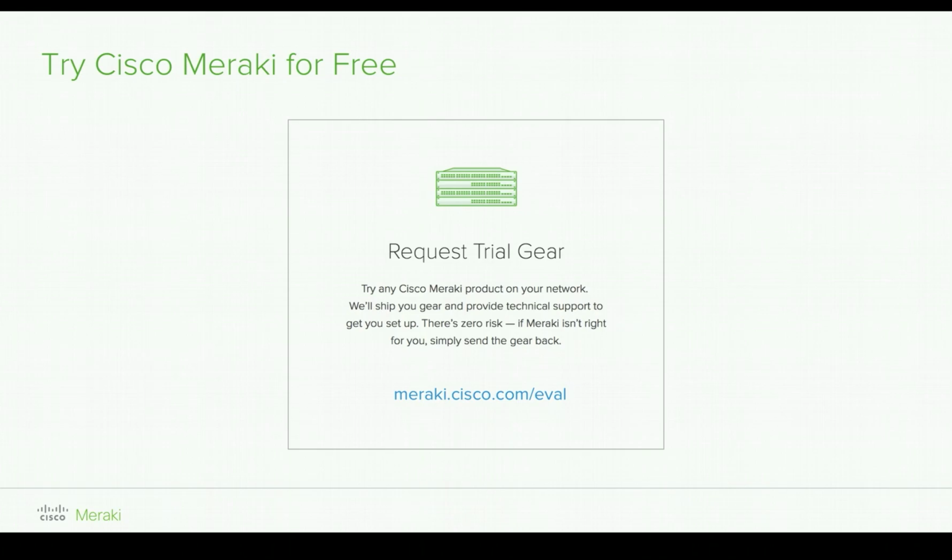That access point hopefully will be a good start to that as part of attending the webinar today, but you can request gear to trial, and this extends to the entire portfolio: switches, security and SD-WAN appliances, the security cameras. There's zero risk, so if you did find it's not for you, simply pop it back in the box and send it back to us, and we actually pay for shipping both ways. So if you are interested in a trial, something we'd highly recommend, it's available at